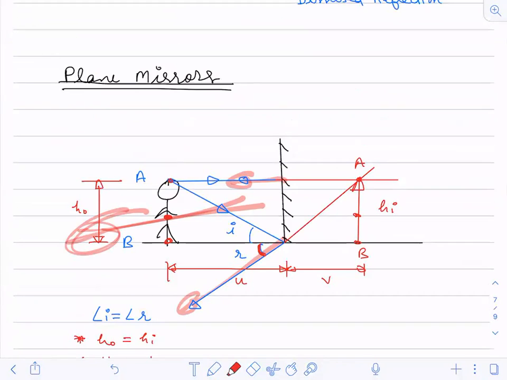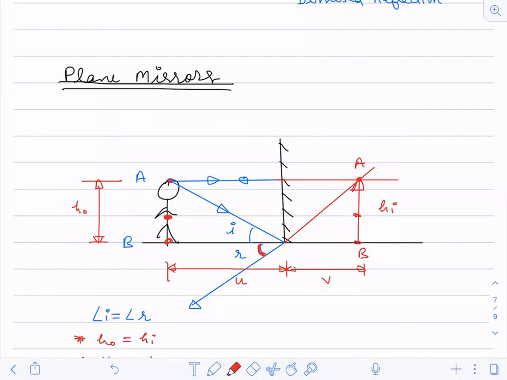The main point is you have to find out the intersection. Wait, I'm telling you for that doubt. The intersection only we have to check. So you have to obtain the intersection point. Wherever the intersection point is, that point will be the image point. If you're not getting it in this direction, extend in the other direction to get the image. If you are getting it in this direction, you don't have to extend. Understood? In which case you don't have to extend, we will also see that.